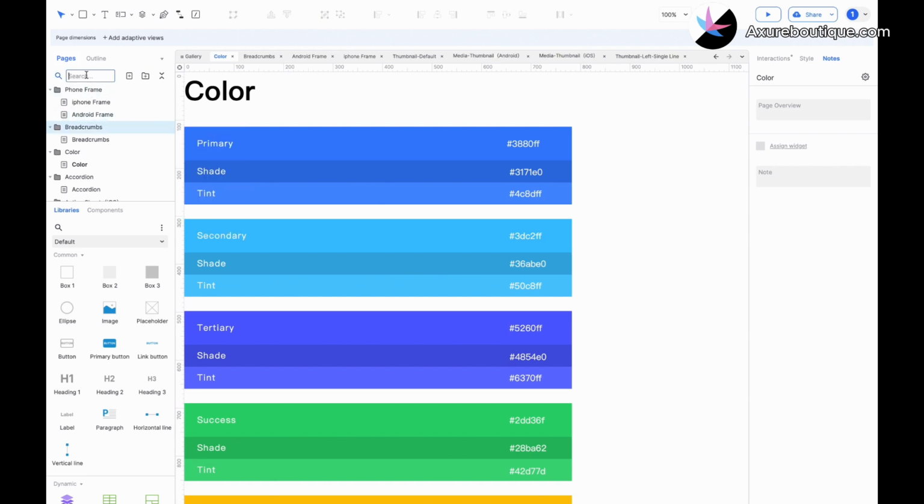You can also search for page names. For example, entering button will filter all pages or folders containing that word. Clicking the Collapse All button in the Pages pane will fold all pages, while the Expand All button will expand them. To change a page's position, drag it and you will see a dotted line indicating where it will be